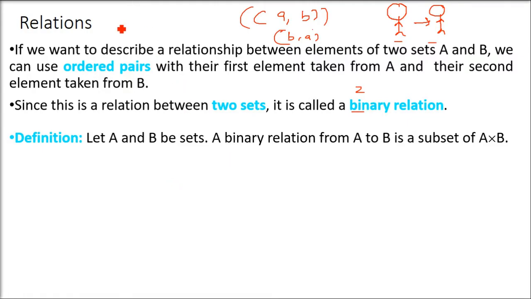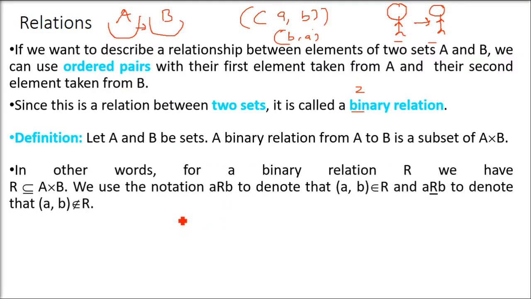So what is the definition? If A and B are two sets, where sets are just collections of elements, then a binary relation from A to B is actually a subset of A cross B. Now the question comes, what is A cross B? It is a Cartesian product. Let me take an example. We have a set with elements 1 and 2. Actually the set should be written like this, A = {1, 2}.